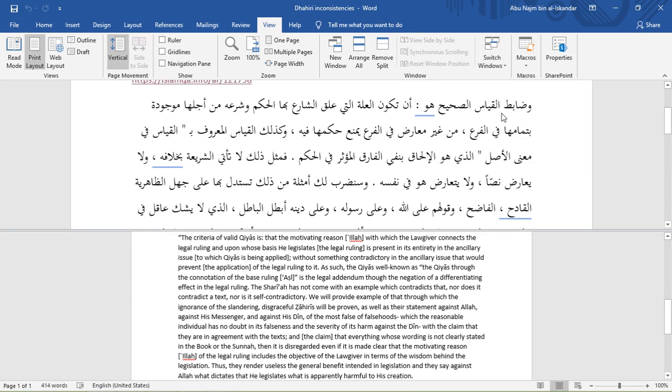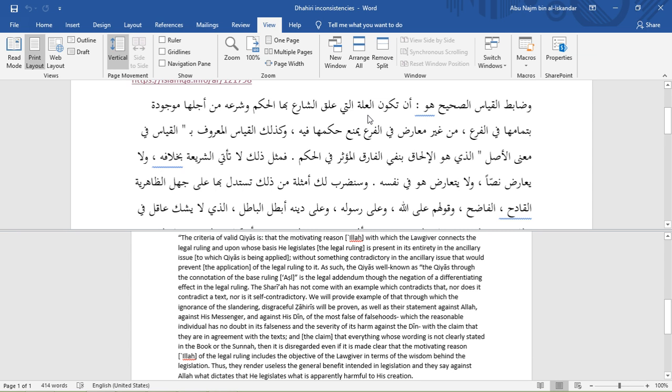Starting from the beginning, وضابط القياس الصحيح هو. So the criteria of valid qiyas, right? The criteria, ضابط, is criteria of a qiyas sahih, valid qiyas, as opposed to qiyas al-fasad, or qiyas al-batil. It is أن تكون